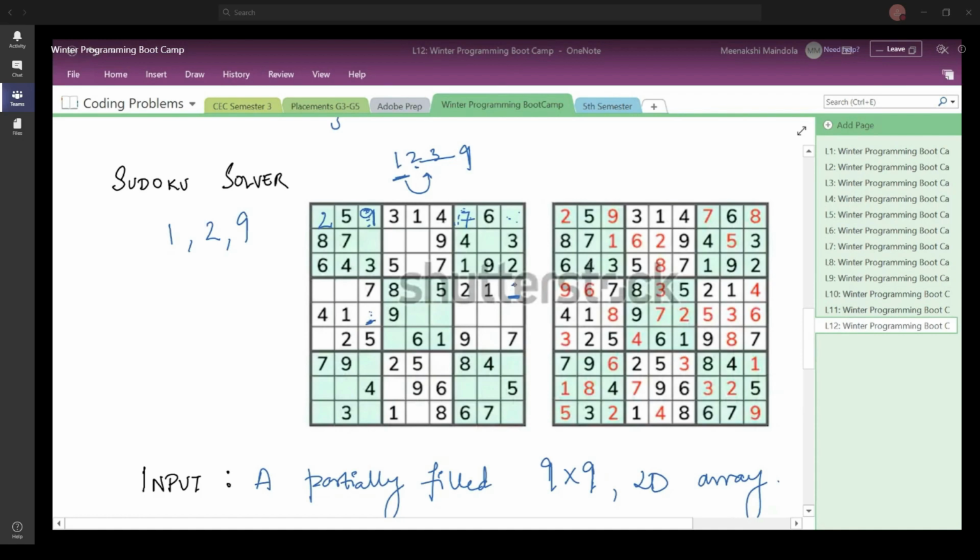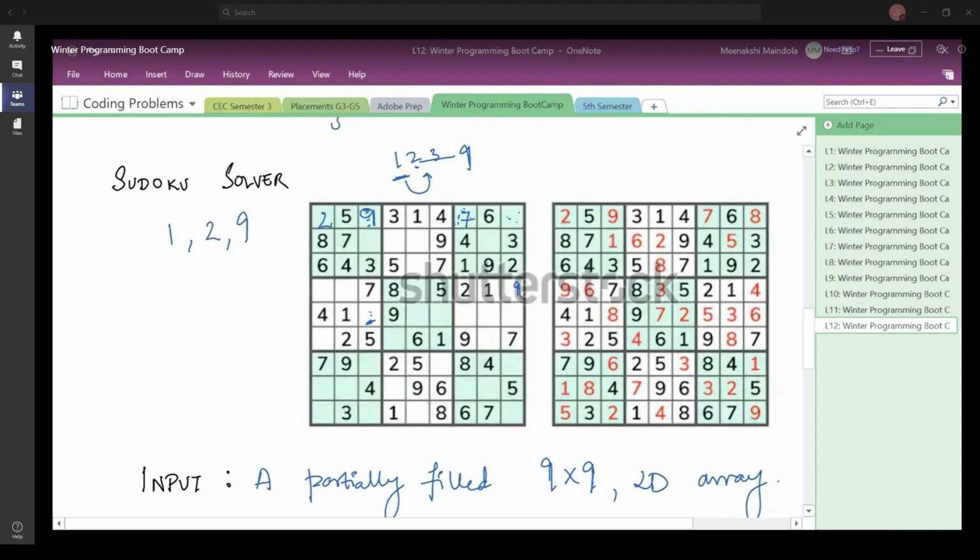Suppose you had earlier written 8 here, and now you say, let us just consider an example. It is not possible for you to write 8 here, obviously, but let us just suppose for this example that you have written down 8 here, and now you say that it is going to be wrong for me to fill 8 here. I cannot find any digits that should be placed here. So you go back, you check that can I fill any other number other than 8 here? If it is 9, let us suppose, you say that okay, for 9 as well, the condition is going to be satisfied.